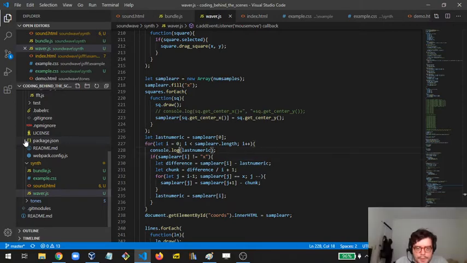Difference. Okay, so last numeric is going to be